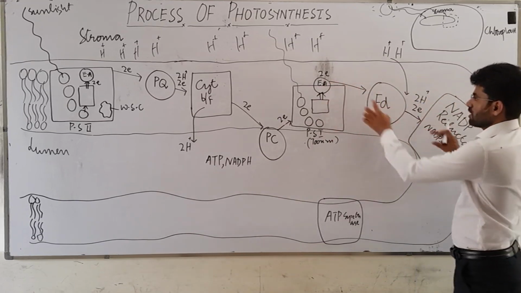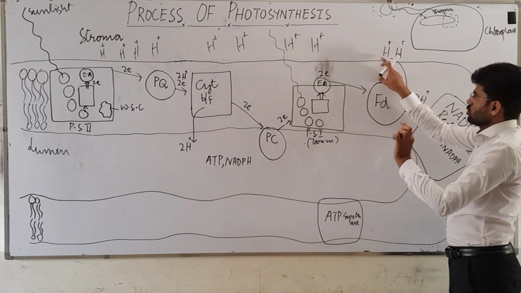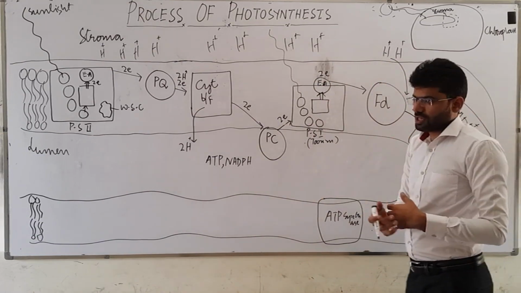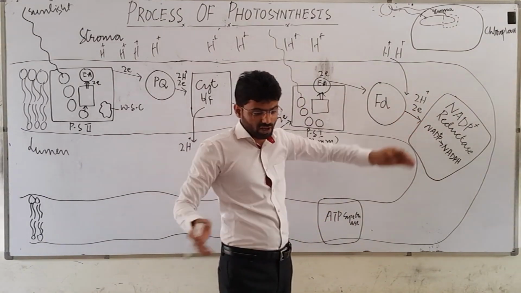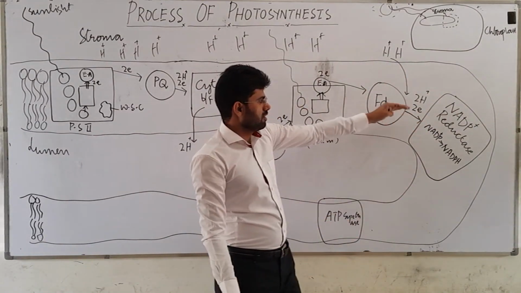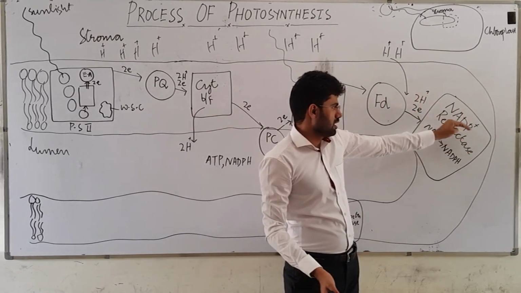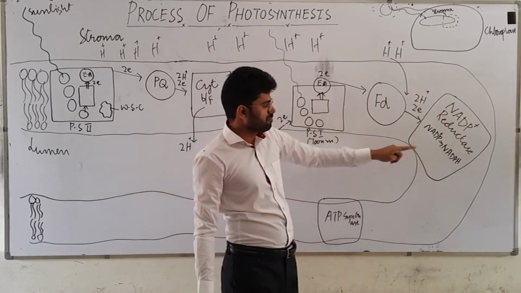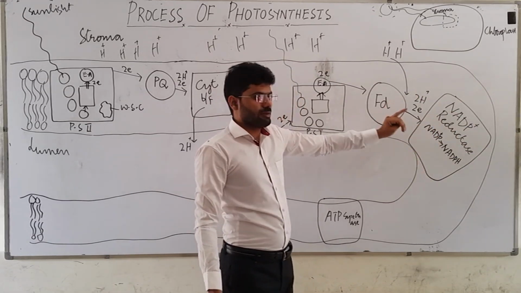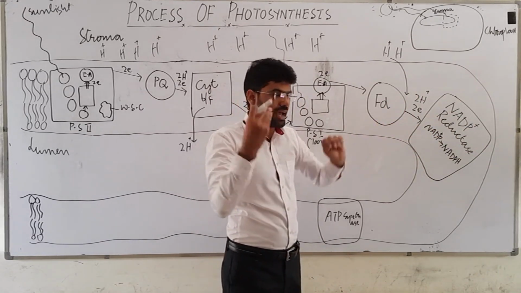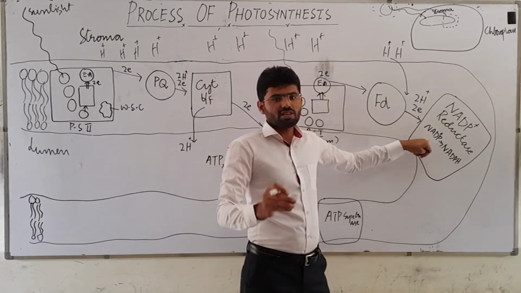When it takes these two electrons to NADP reductase, the two protons will also be pumped with these two electrons, because whenever electrons move in their surroundings, there are protons, and they will be given to this NADP reductase molecule. And in the NADP reductase molecule, by the absorption of two hydrogen atoms, it will convert itself from NADP+